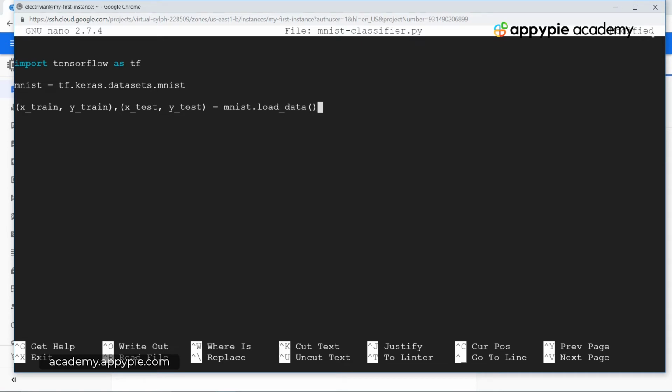This essentially loads the data onto x_train, y_train, x_test and y_test. I'll be explaining these commands in really short explanations, but for a detailed explanation follow along with the course, and later on I'll be explaining each and every command in good detail. But for now the main goal is to get everything up and running.